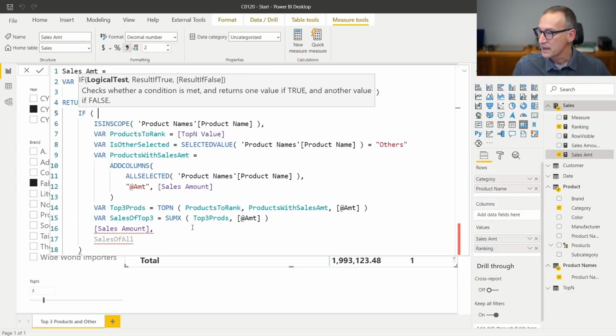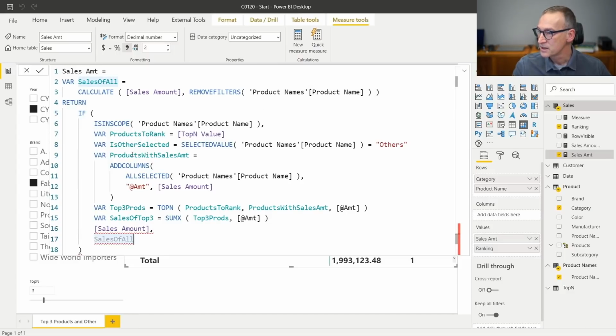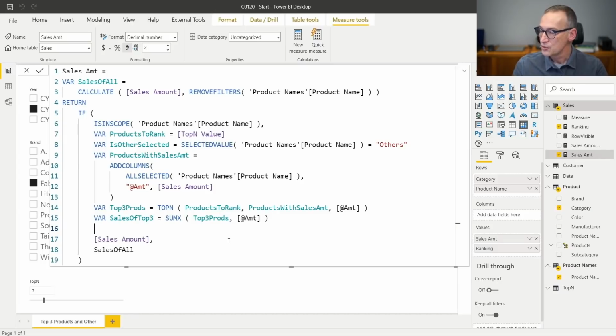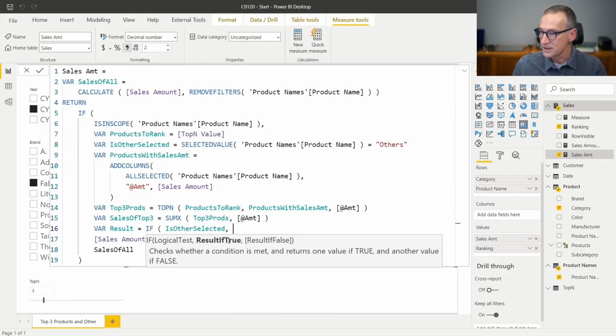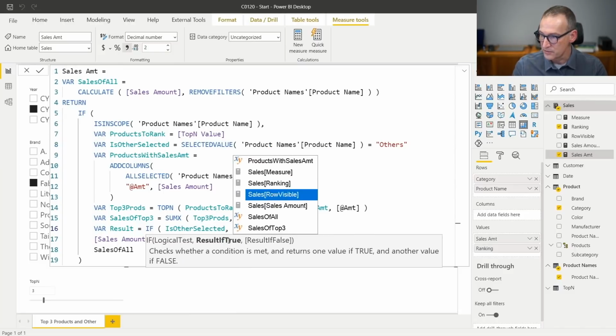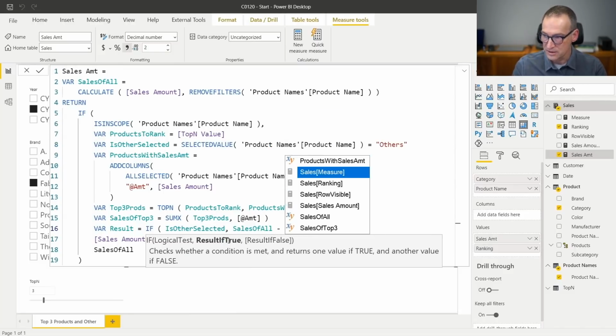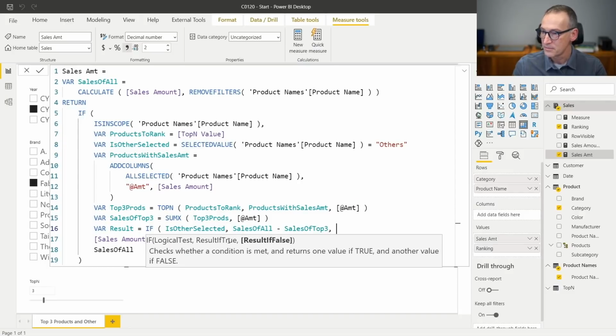I already have in a previous variable here the sales of all. So the last thing that I need to do is compute a result, which is if is other selected, then it's the sales of all minus the sales of the top 3.